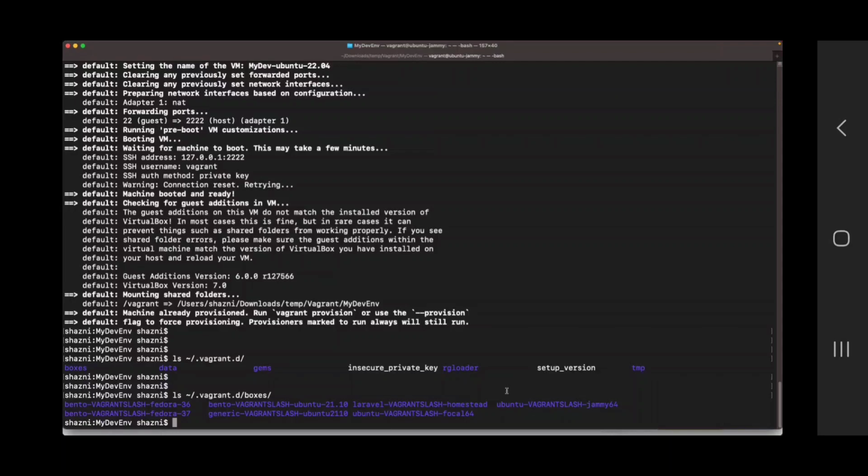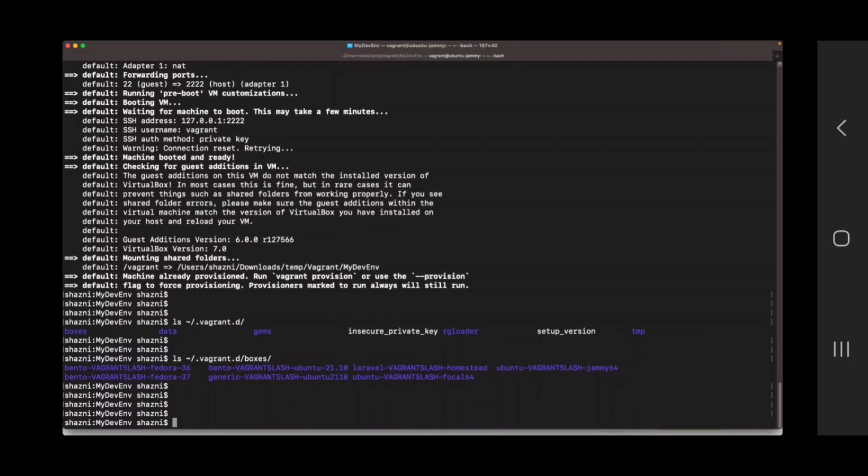So this folder contains all the base boxes that you are using in your machine to form various development environments. The other important directory is the VirtualBox